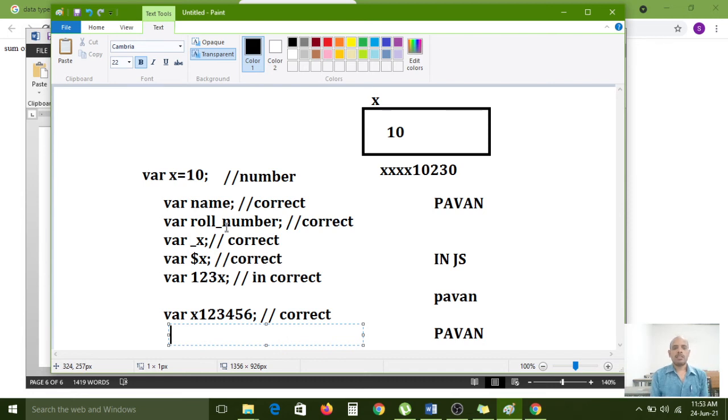Then roll is one variable and number is another variable, treated as two different variables. So if you want to relate these two words in one variable, compulsorily use the underscore symbol. That is the requirement for underscore.